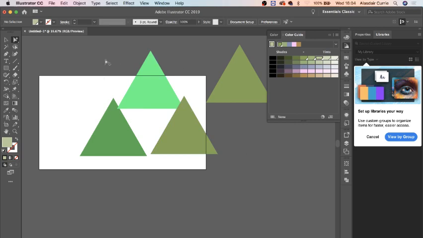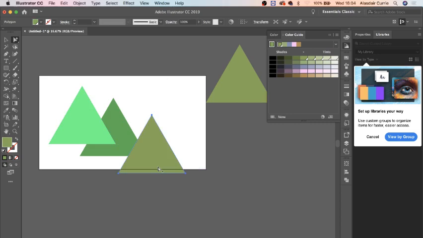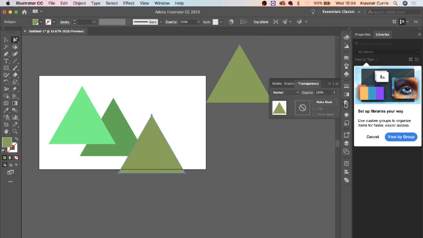Okay, so that is swatches. The final thing to show you on this before we move on to doing the demonstration, and are we okay for time? We've got about 20 minutes after this. It's just transparency. Transparency allows you to layer objects on top of each other and still see through them according to different values. So with the transparency